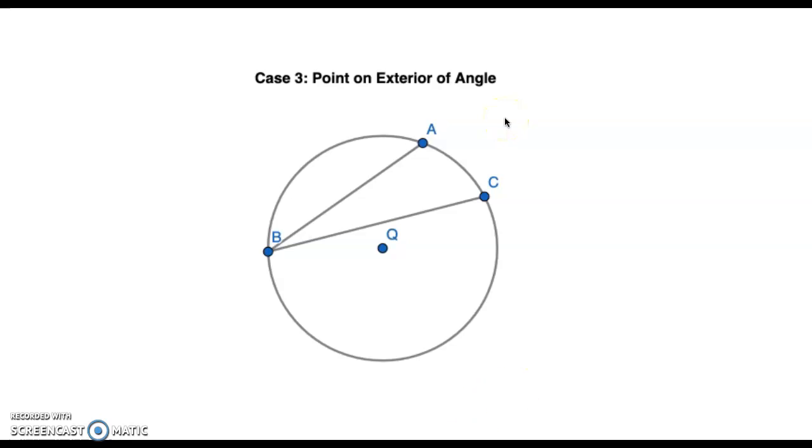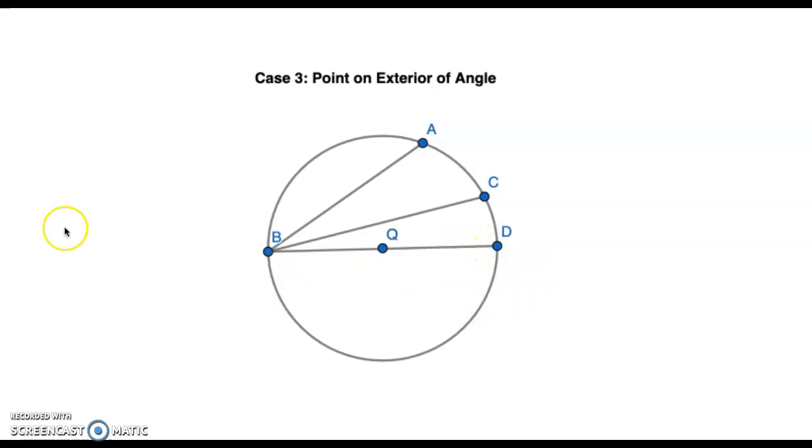So again, we are trying to prove that angle ABC is equal to half the arc measurement of AC. But for this case, we have a point Q on the exterior of the angle, and Q is the center of the circle. So very similar to case 2, we're going to want to display our diameter of the circle. So we're going to make a line segment BD that goes through the center, and that is going to represent